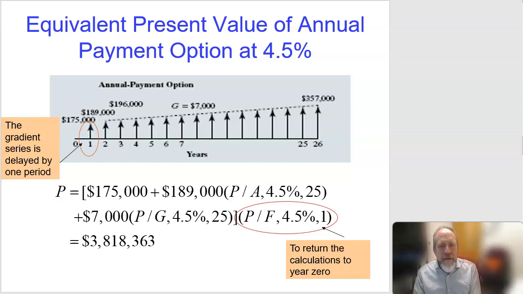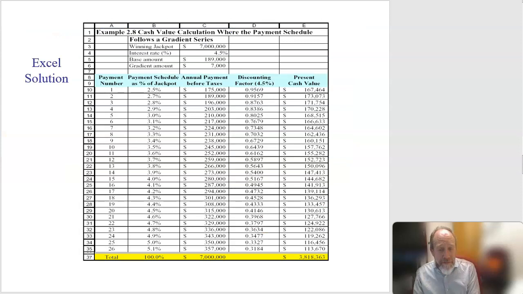Okay, so in this case, we're starting with 175,000. We're going to add in the 189,000. You put them all together, and we calculate the gradient by adding the two together, or we use a spreadsheet. Either way, the value is going to come out the same. And by the way, which one is actually better in the long run? Now remember,